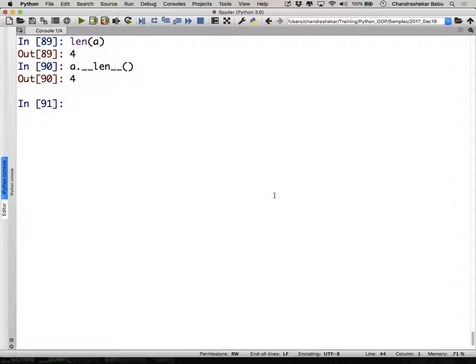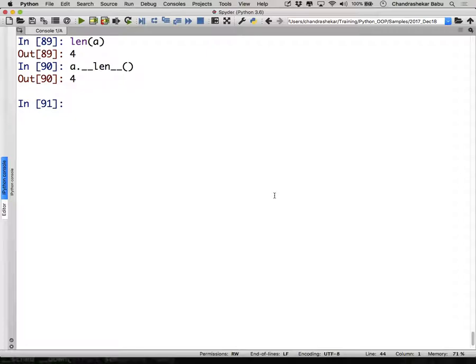Another way of understanding duck typing is, an example I tell you is, imagine a small kid given a stick. A naughty kid, of course. A naughty kid with a stick, you know what he'll do? He'll try beating everything. He'll beat the desk, he'll see what sound it gives. He'll beat the glass, he'll see what sound it gives. If you're not attentive, he'll beat you and see what sound you give. Same action, different objects respond differently.